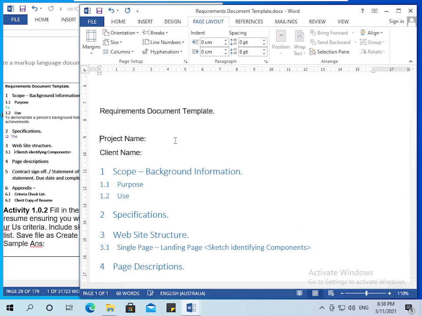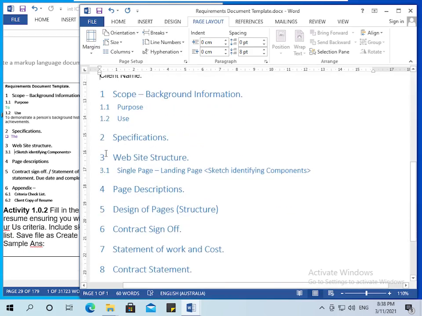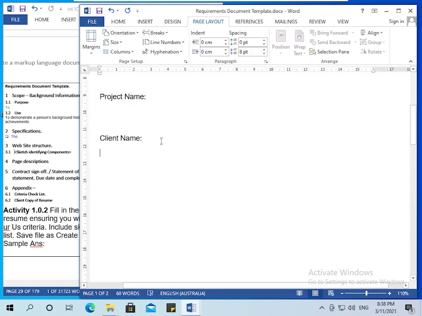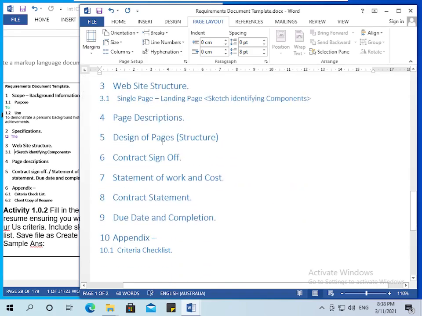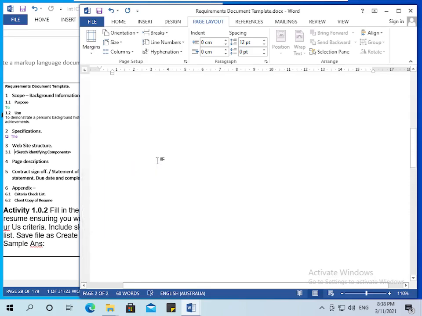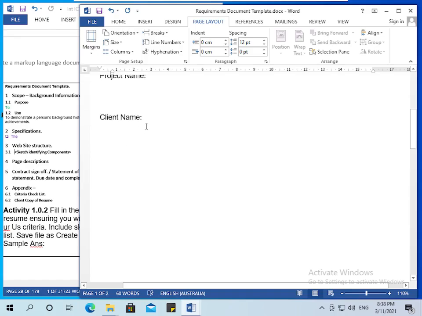Project name, client name, and then we might press enter, control enter and force this onto the next page. But before we do that, we might press control enter again,